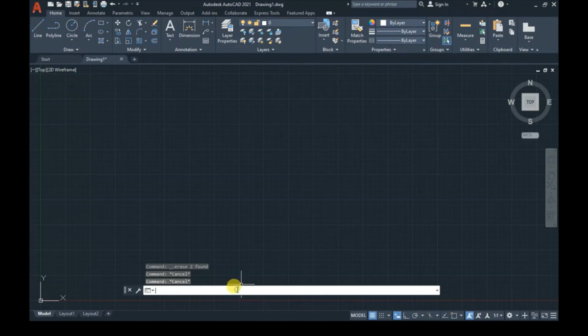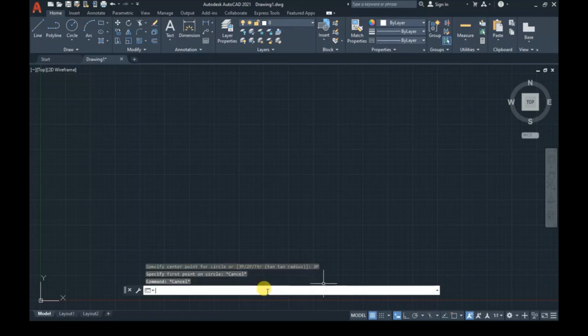Now let's see. Let me add a circle. So now can you see the square brackets? These are the square brackets. Fine. So it is telling me specify center point of the circle. Now if we want to change it, I can click these options. Say I select 2-point. So it has changed the point. Fine. So we can change. The only objective is to let you know that the square bracket is for options.